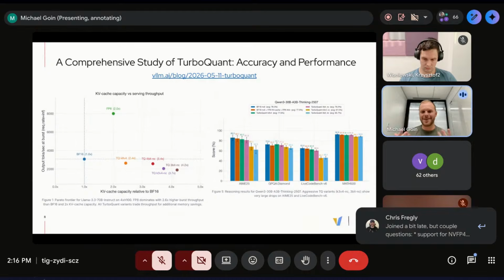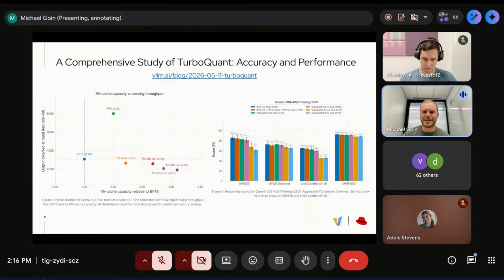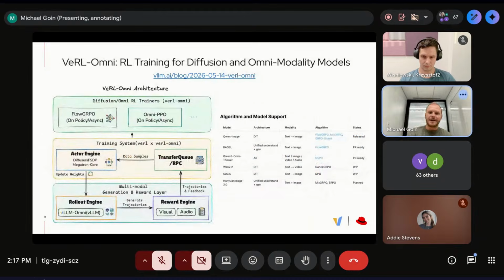And so the people claiming that it's lossless, we need to temper their expectations a bit and ultimately aim for higher standards, in terms of harder benchmarks and accuracy evaluations. The same way we talk about model quantization, we should bring the same thing to KV cache quantization. So yeah, I recommend checking it out.